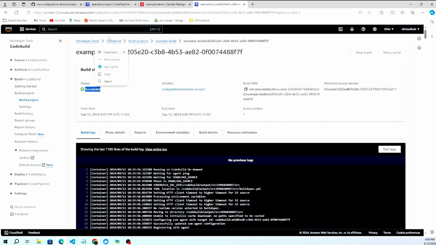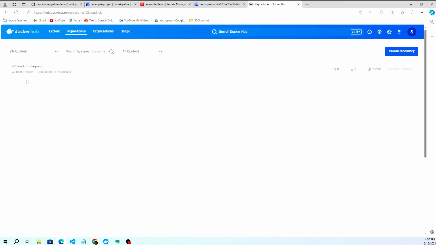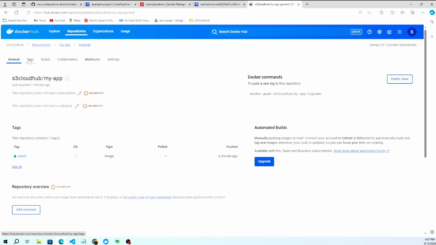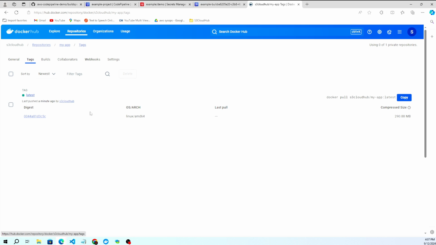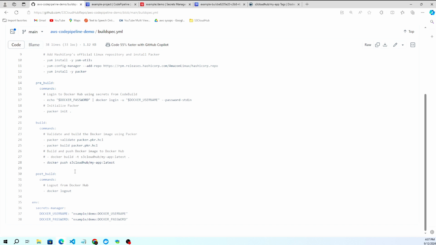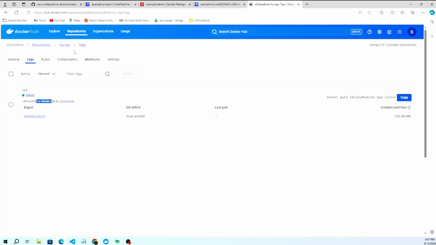Let's go to Docker Hub to check whether our image was successfully pushed or not. So right now I'm in Docker Hub, and we have to check the tag value. The tag should be created here. Okay, the tag has just been created. You can see it's pushed here, just a minute ago, the new image has been pushed. You can see the name of your app. This is my app, and here also it's my app, so both are the same repository.